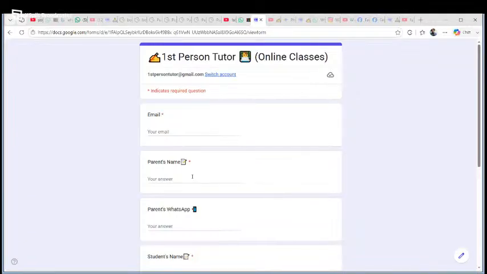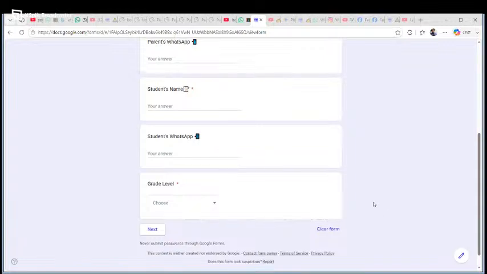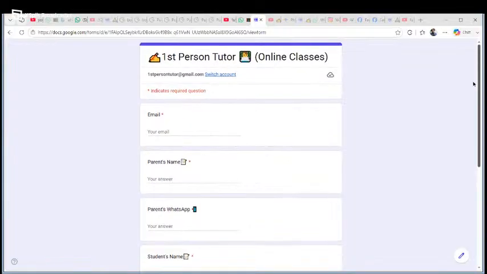You'd use the same email and your name, and that way the only thing that would change is the student name, student WhatsApp number, and their grade level. That's probably the only thing that would be different. But there you go. Now I genuinely believe that that was comprehensive. I believe that. So I'm going to leave it right there.